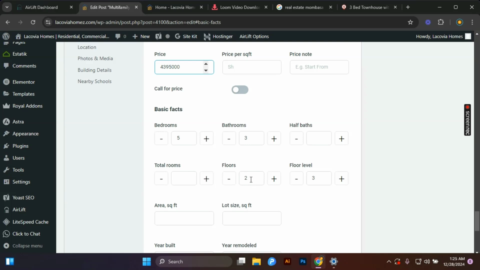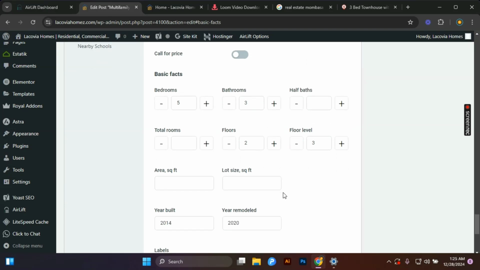Then you also say the floor level. What floor level does it have? Okay. Then the area in square feet, you can include that one. The lot size, you can include the area, making sure you are writing the area of that building. Make sure to include that one, because people sometimes want to see how many